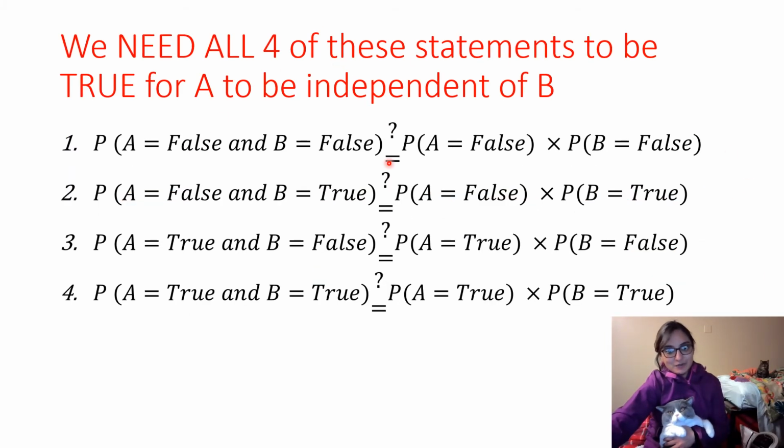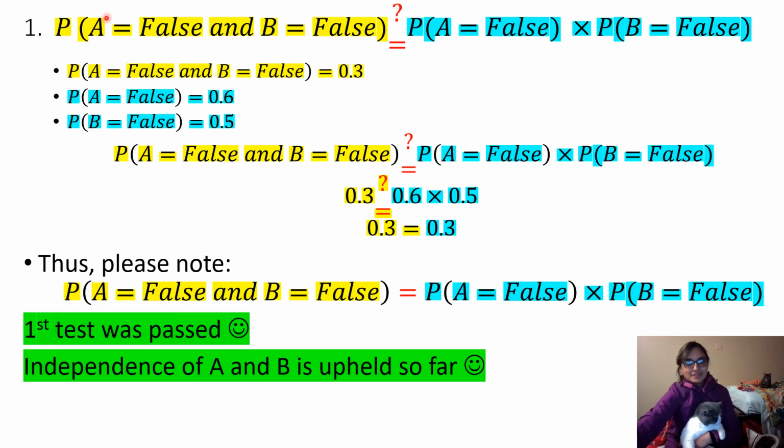So again, now we don't know if all of these will pass or not. So there's a question mark because we don't know if there's equality here or not. That's what we have to figure out. Is there equality or not? So the first test, the probability A is false and B is false, is it equal to the probability A